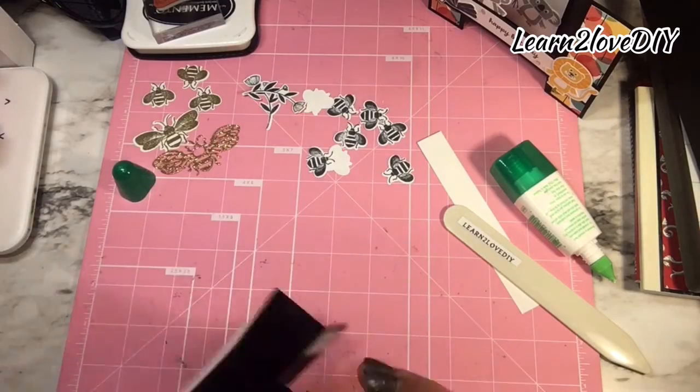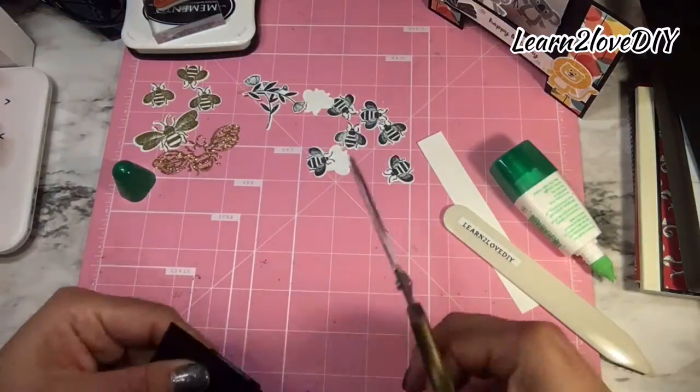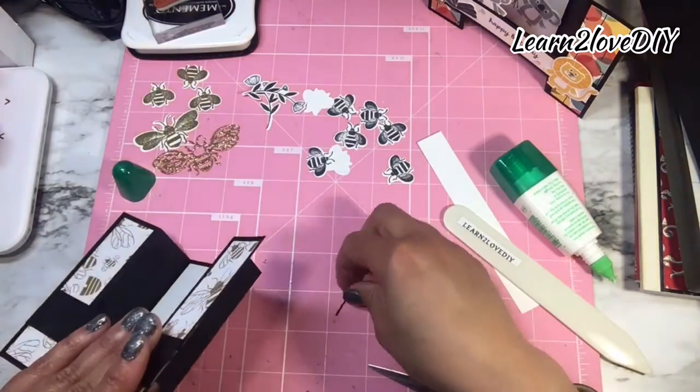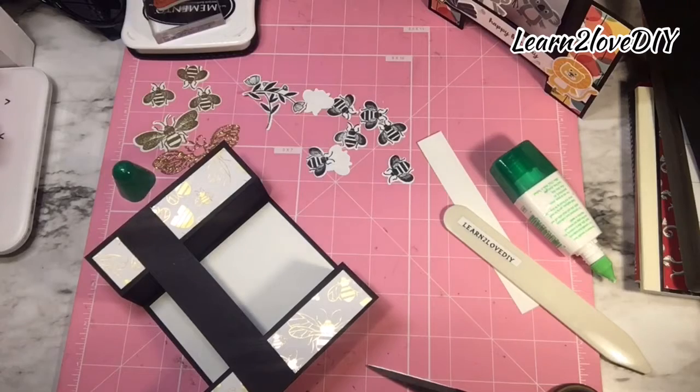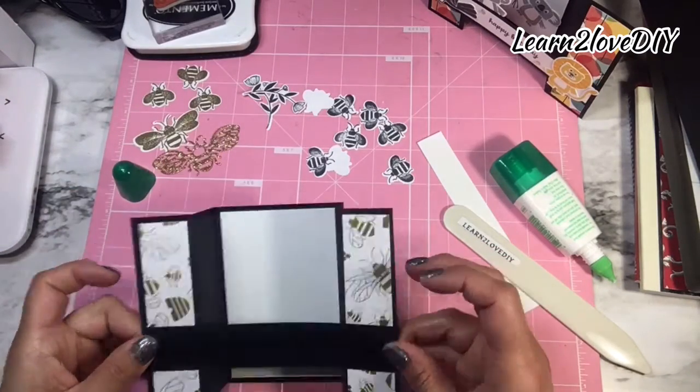Perfect. And it does seem like there's a little bit of excess, not much. I'm going to go ahead and just trim that out. Okay. So now that we have the basic form or the shape of our card, I'm going to go ahead and